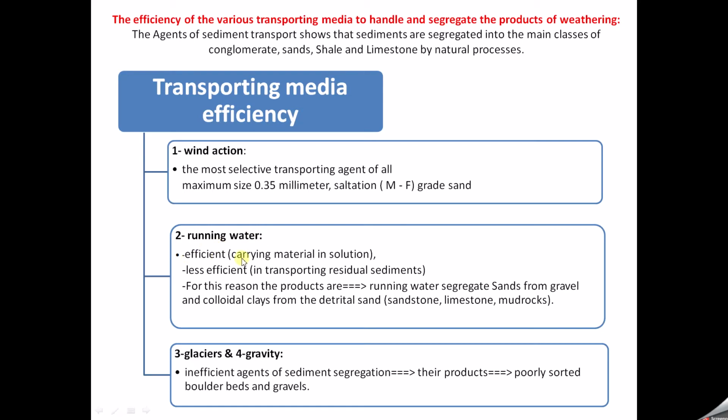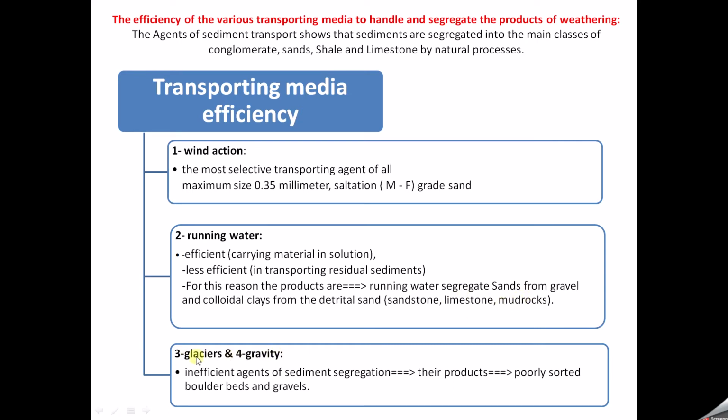And then running water, efficient at carrying material in solution, dissolving material. Less efficient at transporting residual sediments. So running water segregates sands from gravel and clay from the brittle sand. So that will give us sandstones, the end product after sand will be sandstones. The calcium carried in the water will give us limestone, calcium carbonate, and mudstone coming from the silt and